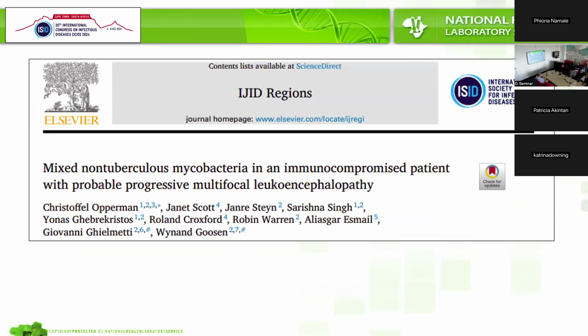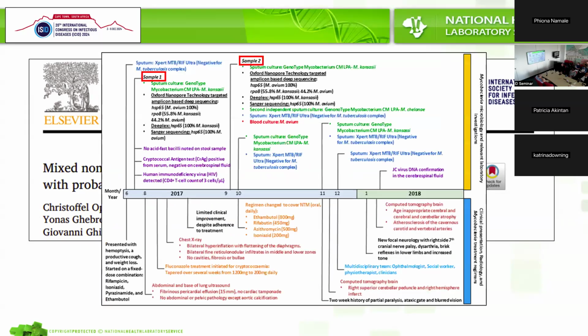This is a very interesting case that I thought was worth mentioning. It's a patient that was seen at DP Marais locally. And I wrote this paper with Janet and with Dr. Croxford. It was a patient with progressive multifocal encephalopathy, and he presented with mixed NTM infections. So, not to get you too lost, on multiple sputum samples, he cultured Mycobacterium kansasii. He had a single culture of Mycobacterium chelonae, and we know that from sputum that's not enough. And then also from a blood culture, you do a Mycobacterium avium.